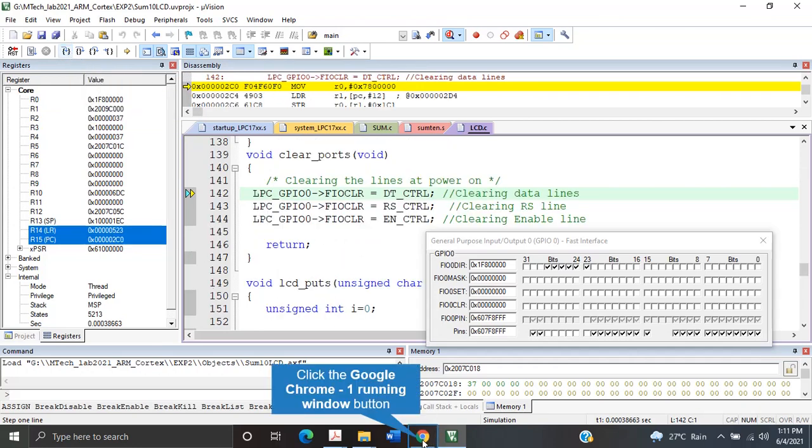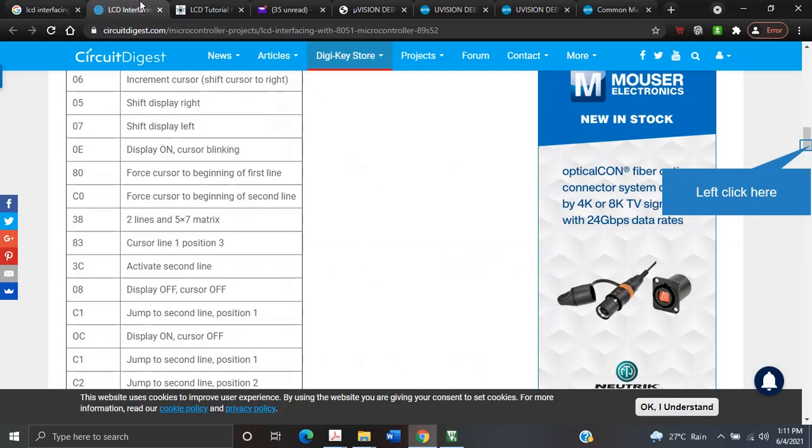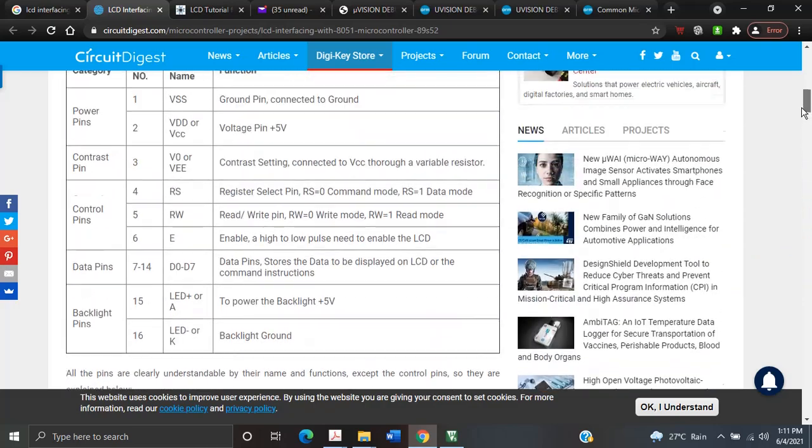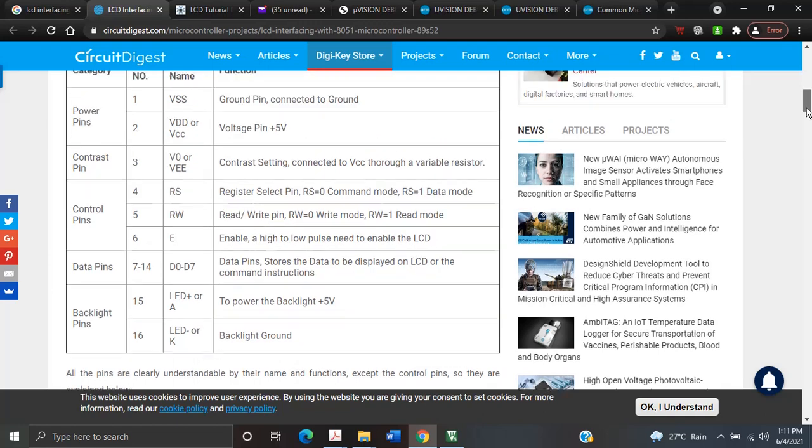For that again you have to go to the LCD manuals. The 16x2 LCD has pins. What are the pins available in the LCD? There is ground, VSS. There is VDD, 5 volts or VCC.